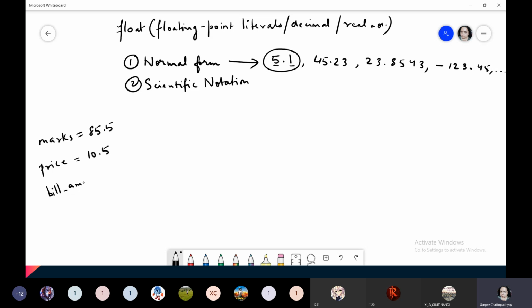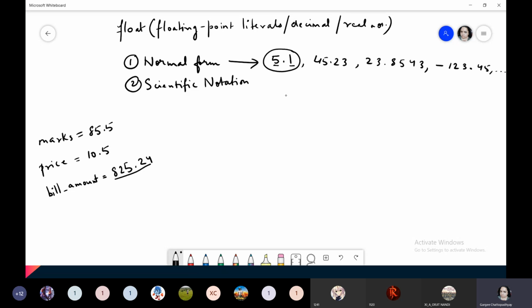One more example is bill amount. See, I'm forming an identifier named bill underscore amount. Usually I get the broadband bill of 825.24. These companies, they don't even leave out this fractional part. If you ask me why, if you go on adding the fractional parts of millions of customers, it will add on to the profits of the company. So that is why they don't even leave out this part. So if I have to specify something as bill amount, I will be writing it this way. So this is a floating point number.